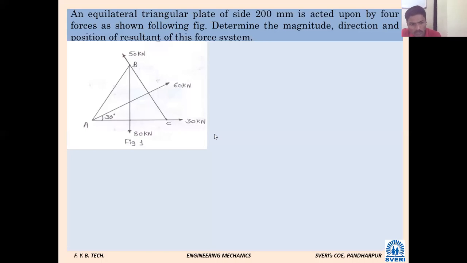Are you observing the full screen? Yes, sir. Please write this problem. I will give 2 minutes, then we will stop for today. I can understand this one is the last lecture. Just I will write the given data. Meanwhile,